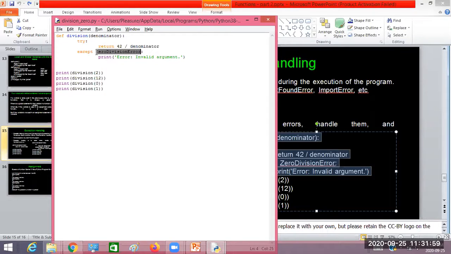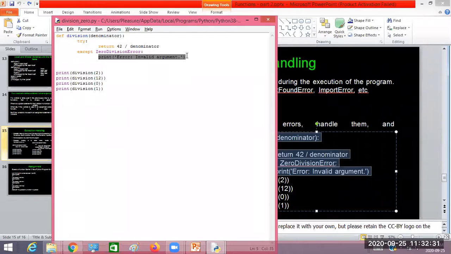It is not only ZeroDivisionError, it may be a file IO error, it may be an import error. All those kinds of errors you can handle through this argument. Except is followed by the name of the error to be handled. Here the error to be handled is ZeroDivisionError. If 42 divided by the denominator results in a ZeroDivisionError, then it jumps to this except clause and prints the statement invalid argument.